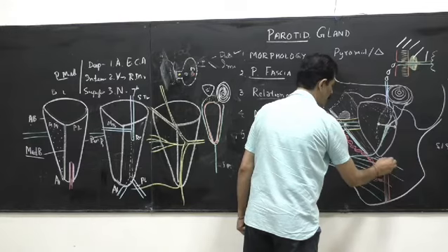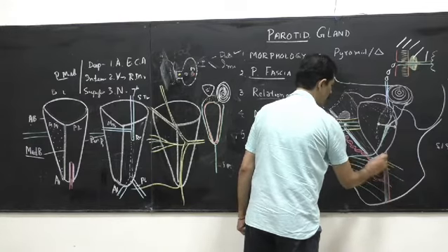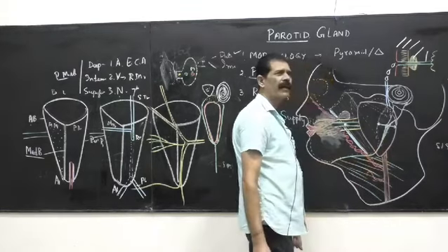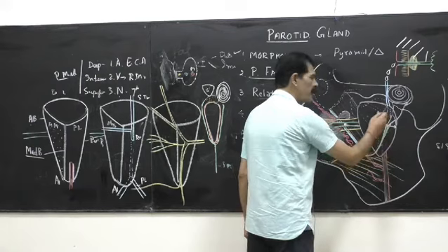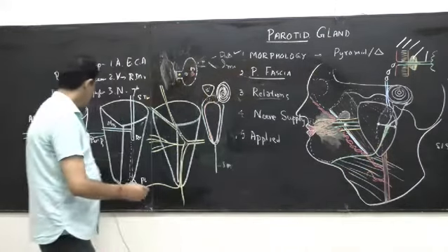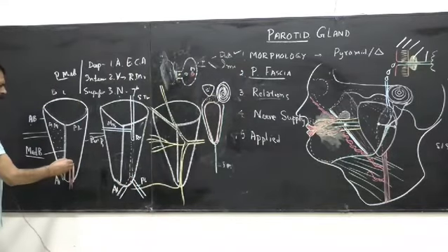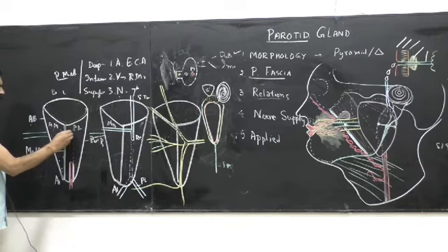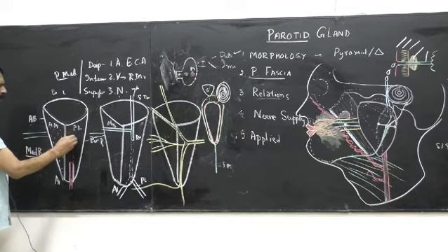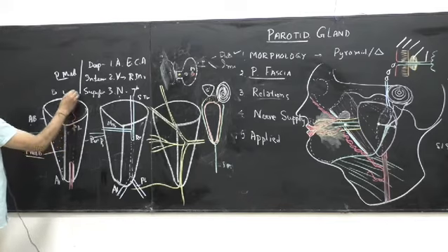Now after giving the branches, the external carotid artery enters deep to the apex of the parotid gland, and it lies in a groove already made, and where the groove ends, now the artery goes deep into the gland. Dotted means it is now inside the gland. And inside the gland it divides into two branches. Horizontal is the maxillary artery and another is the superficial temporal artery, which is tortuous, again supplies the scalp.